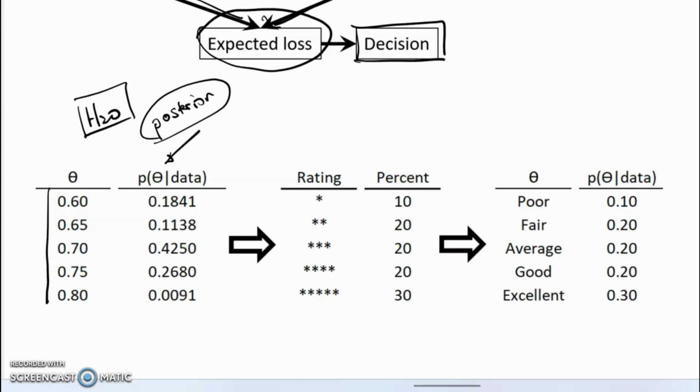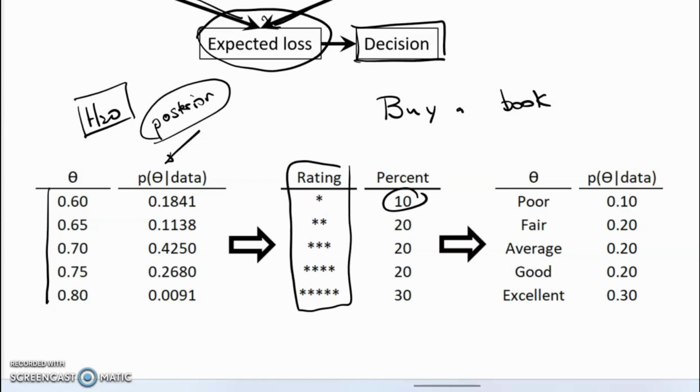The example I'm going to go over is we're trying to decide whether or not to buy a book. We go online and we see that the book has a number of reviews. 10% of the people gave it a 1-star review, 20% gave it a 2-star review, 30% gave it a 5-star review. Now, at this point, you're going to have to humor me and use some imagination,